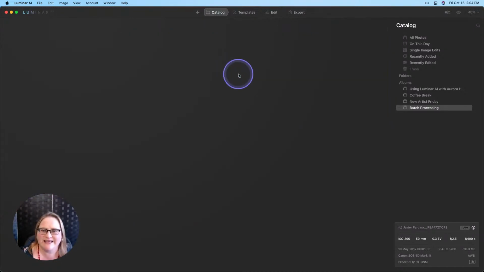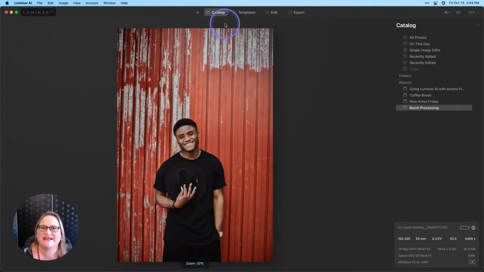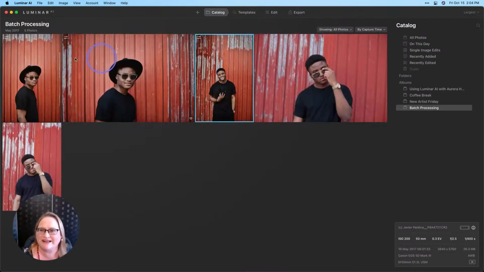So it's taking its sweet time to load here. Give it just a second. We're rendering. There we go. And now those edits have been applied. I can hit my G key, go back to my grid, and now all 3 of these images have that